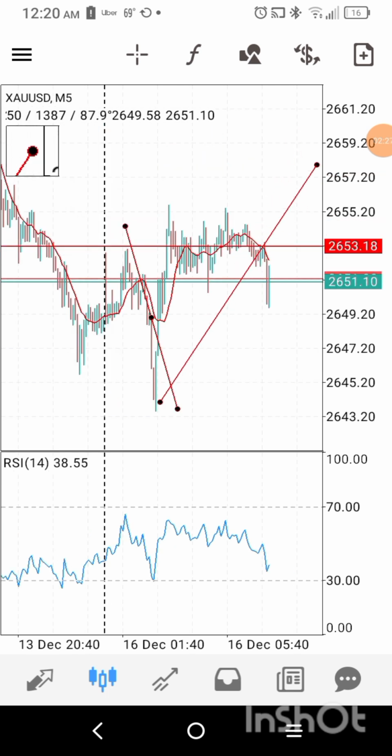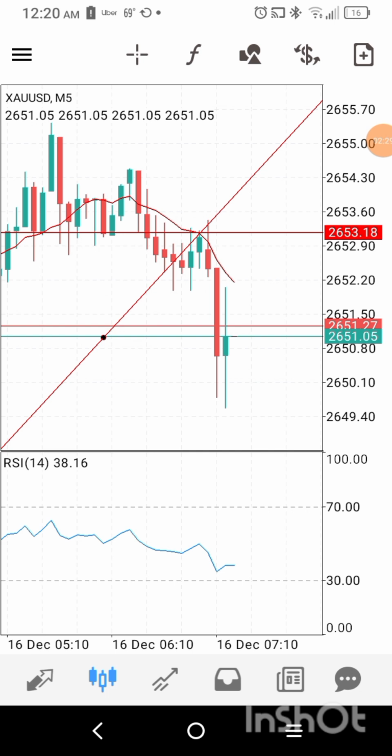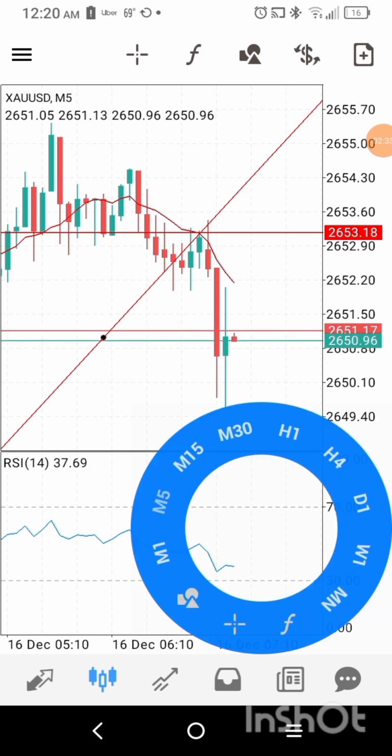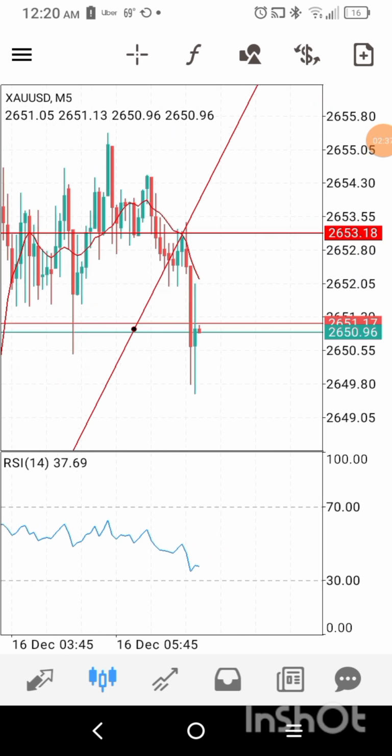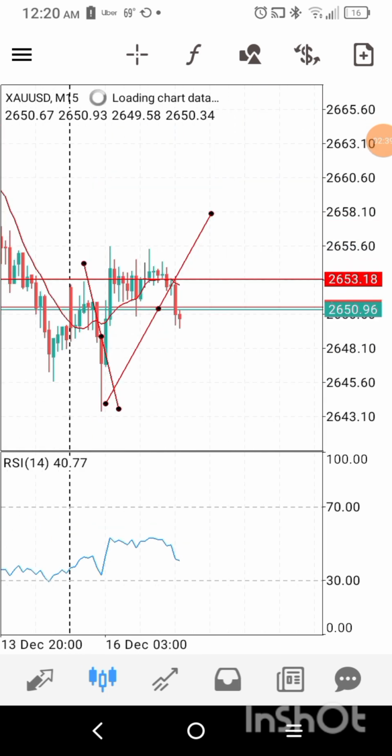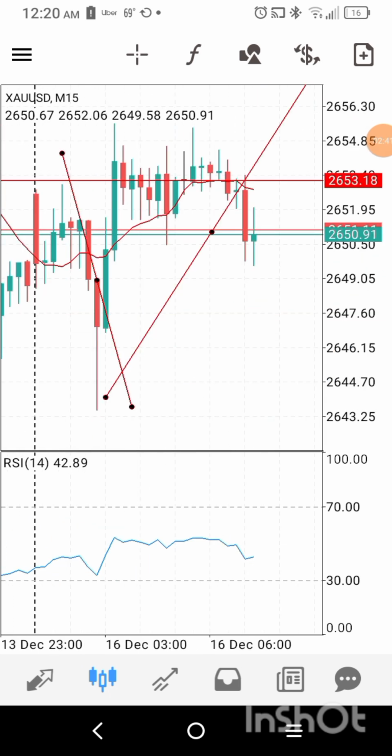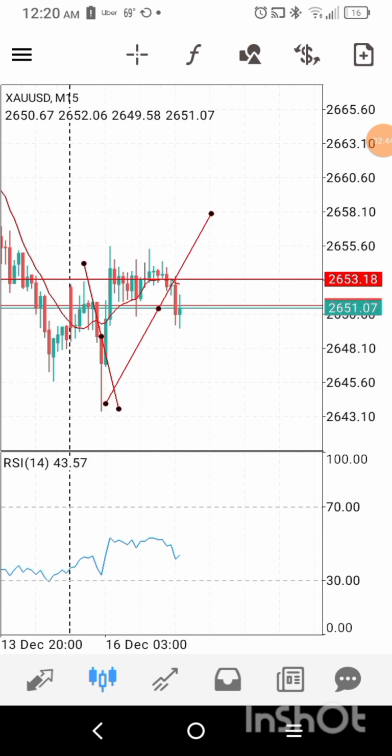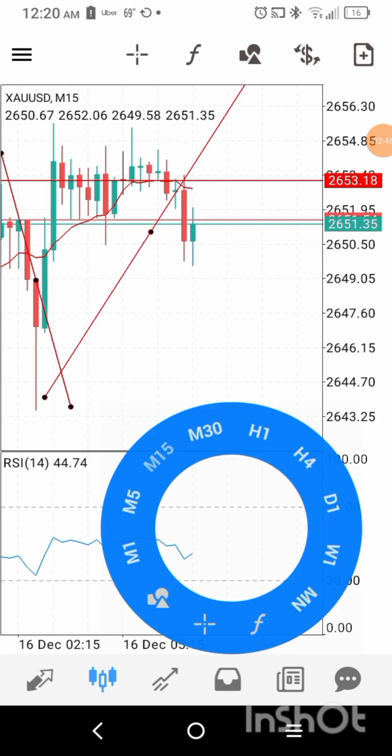Once it broke this trend line, it lets us know we're in a downtrend. Now we're in a downtrend back down until we see a sign that price wants to break back up. Now it's pretty low at 51,